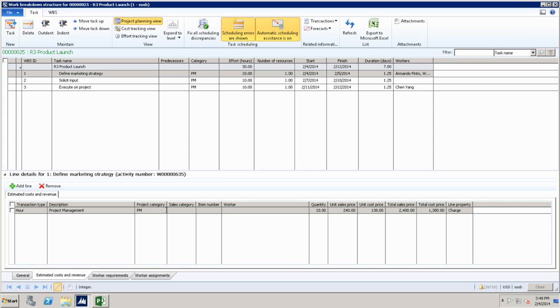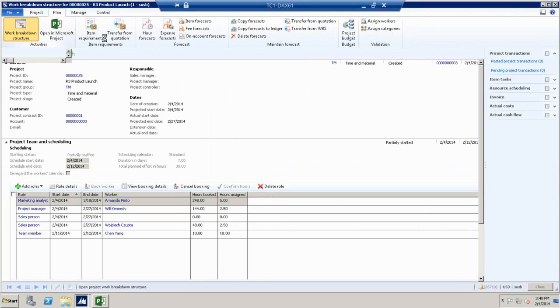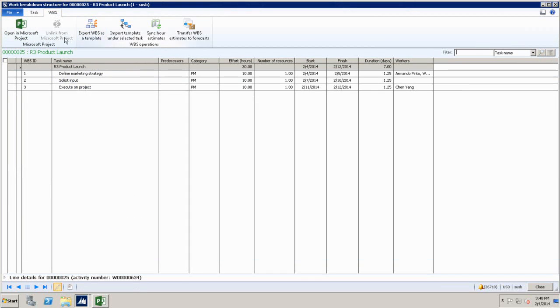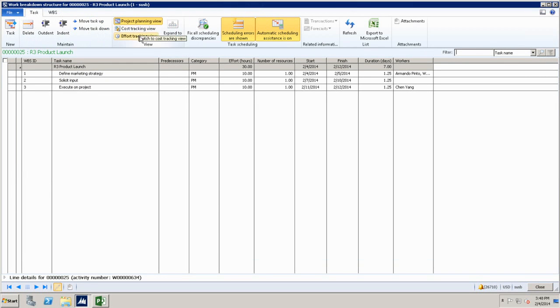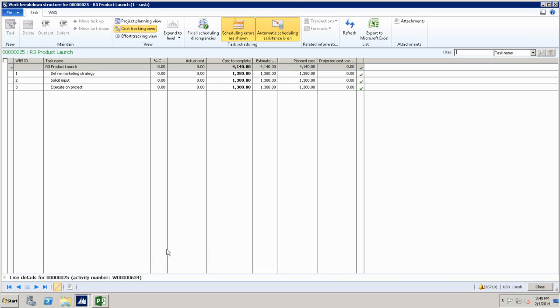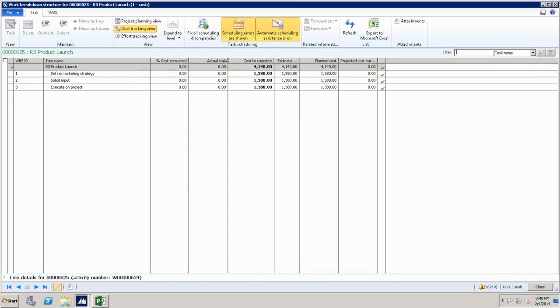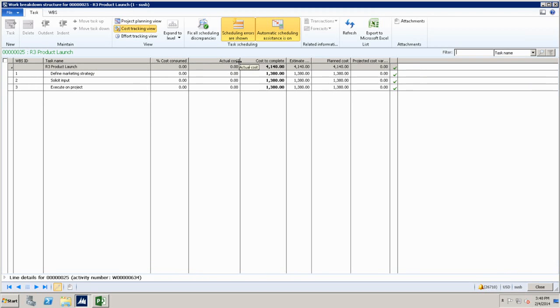And if I go, basically, I think we showed that here, you can see the cost tracking view and effort tracking view, right? So that's another view that can help you. Now, I'm not the expert on this functionality, but it kind of gives you, and Tom can speak to that, it kind of gives you what you originally estimated for your costs and how you're tracking against it. And also for effort. Did I answer your question?